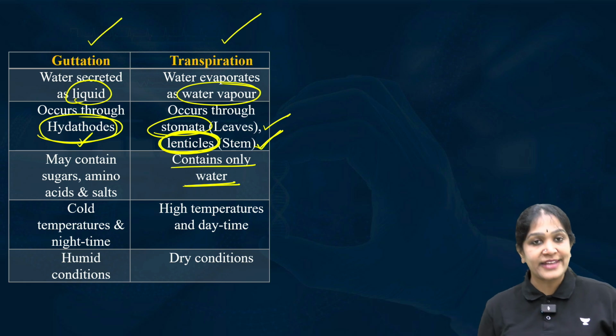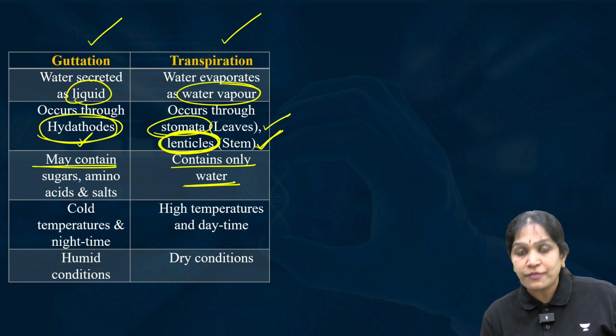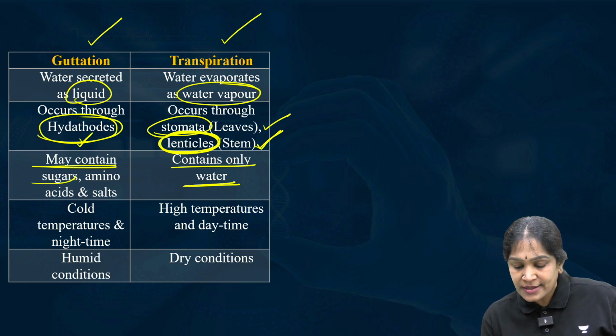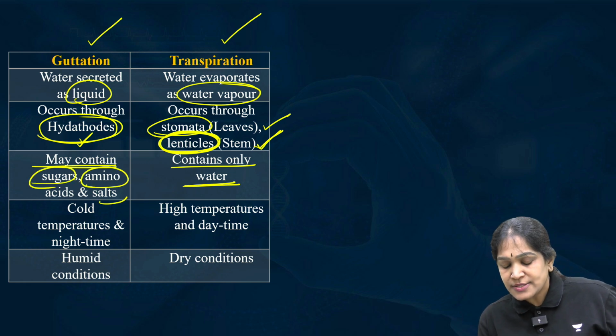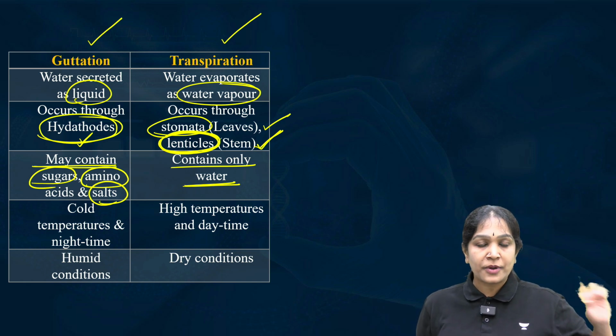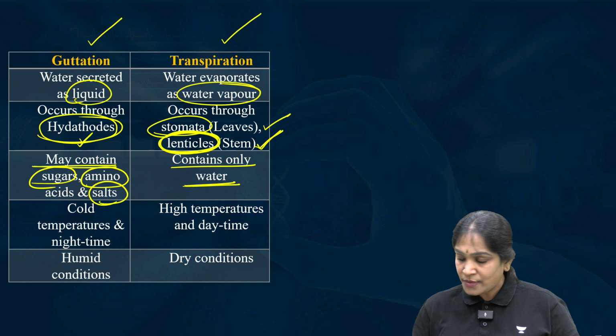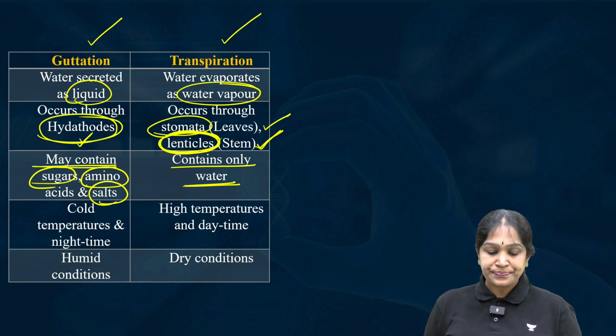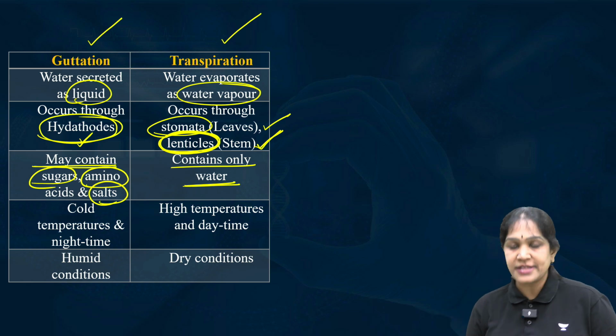But in guttation, along with the liquid water, sometimes sugars, amino acids and salts may also be lost from the plant. In the process of guttation, sugars, amino acids and salts may also be lost from the hydathodes. So this is another difference. One more difference is